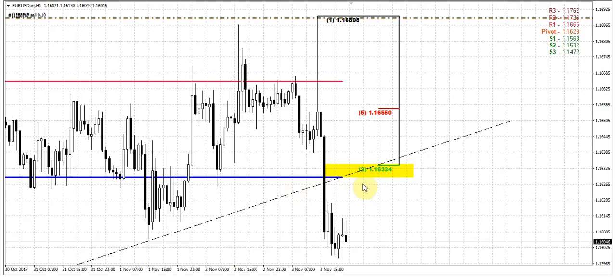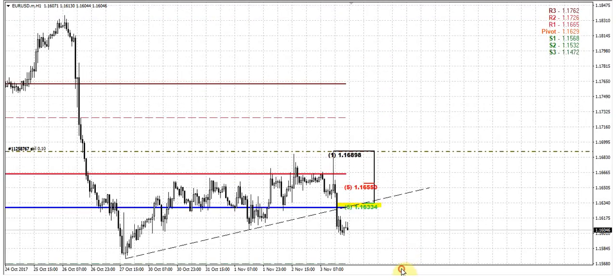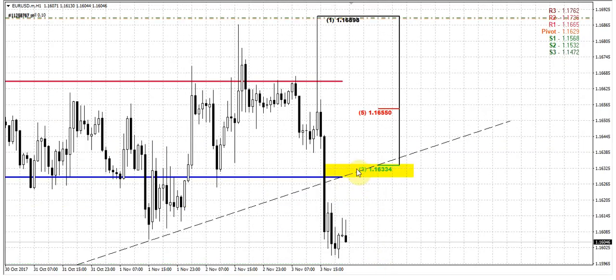So this is 1630, 1633, because here we have a combination of three different resistances. First of all, this is weekly pivot point 3 at fib level 1633, and also take a look, that is the neckline, not the neckline, this previous support, the border of our flag pattern. Remember, on the 4-hour time frame chart we previously had this flag consolidation. That's why the market could show a minor reaction up and retest this broken trend line. So the 1630 seems right now an attractive area where we could think about taking the short position.